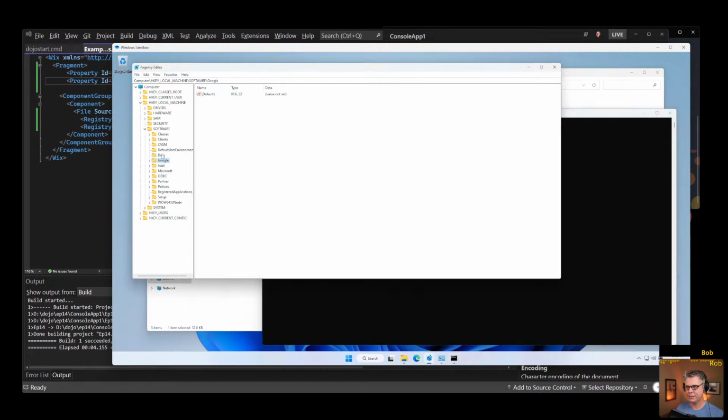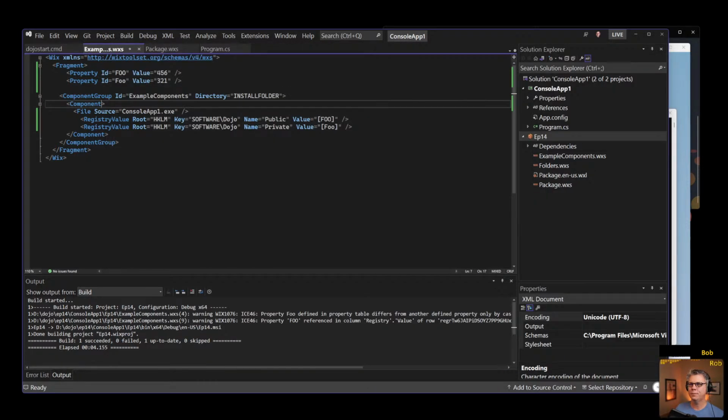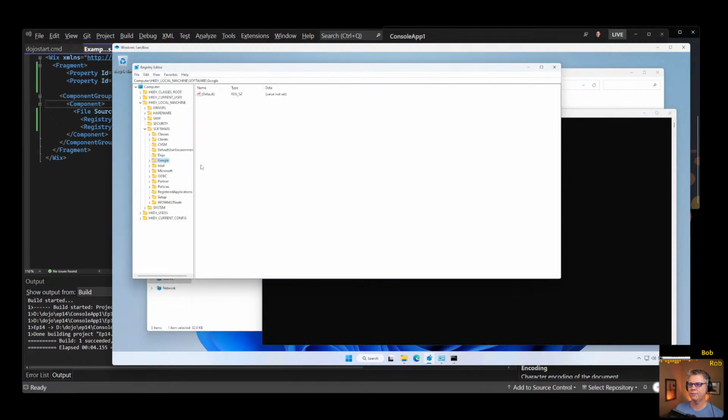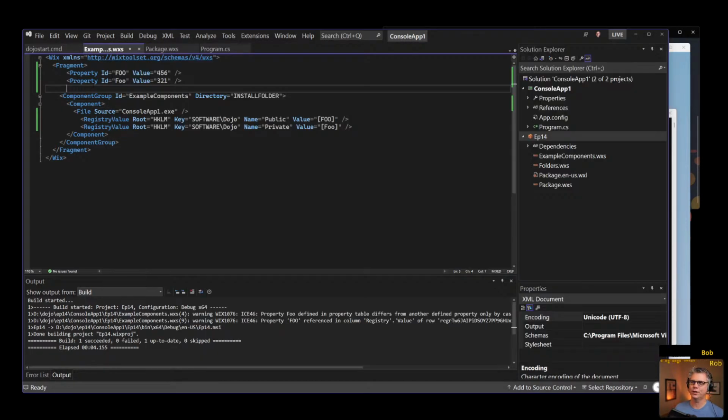Let's see if our reg key is here. So what are we expecting? We are expecting private to be 3, 2, 1, and the value of public to be YUV. Private 3, 2, 1. Public YUV. Okay. So it works exactly as we expected it to in the end, even though this certainly creates for a